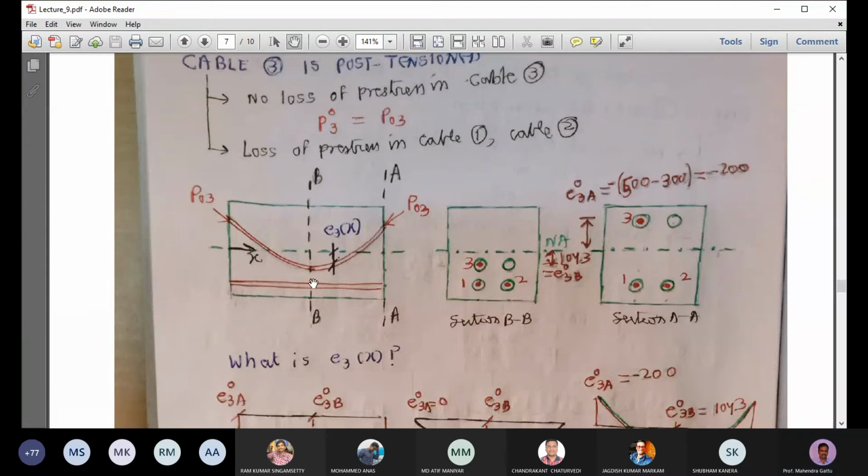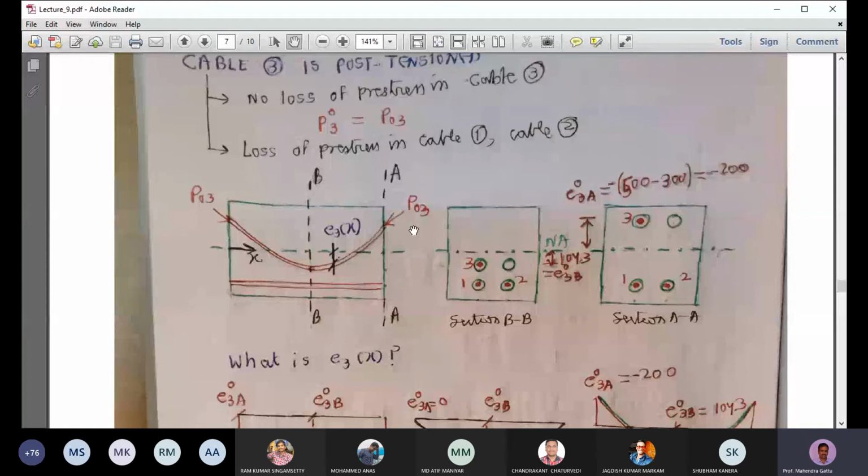So between these 2 points, there will be a compressive force due to the pre-stressing force, and between these 2 points, if you draw a vertical line from here to here, there will be a tensile force which is produced by the cable. Tensile force means only part of it is tensile, the remaining is compression. Whatever bending moment is there, that bending moment will produce a compressive force between here to here, and the remaining bending moment will produce a tensile force. So we have to look carefully into that.